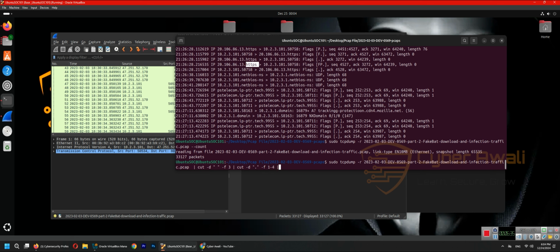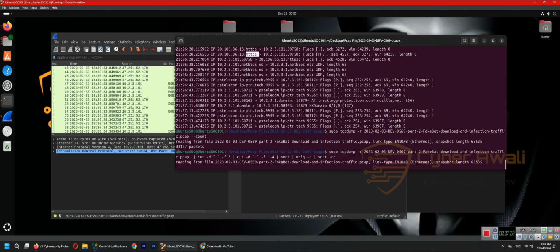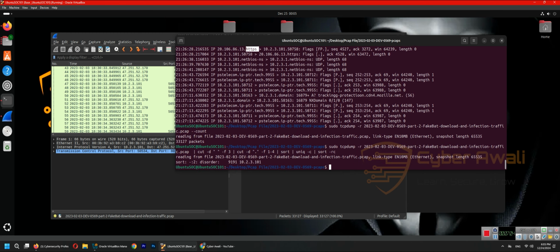After that you can just sort it so you have a better, readable view. And also you can do uniq, so it's gonna count which one is the top one. And after that we also can sort with -rn. When I press that one,